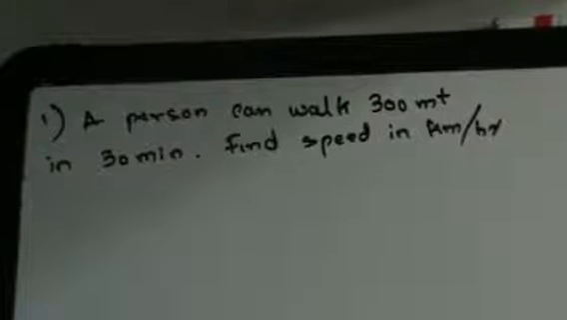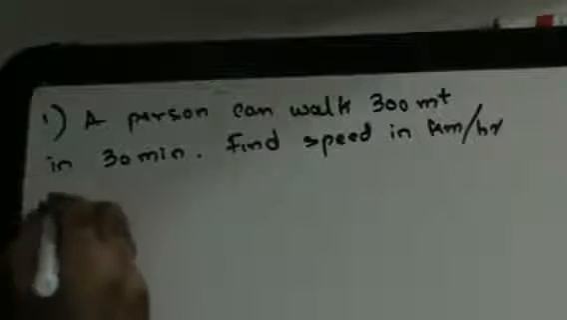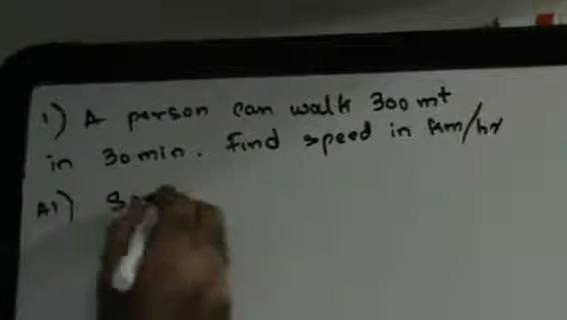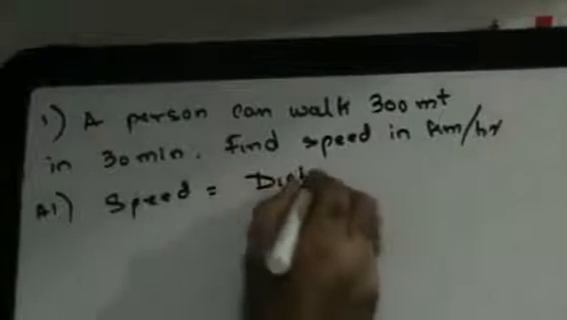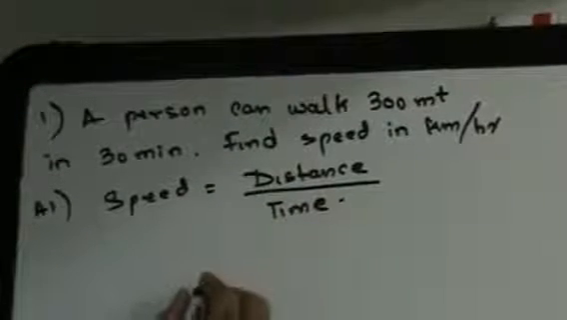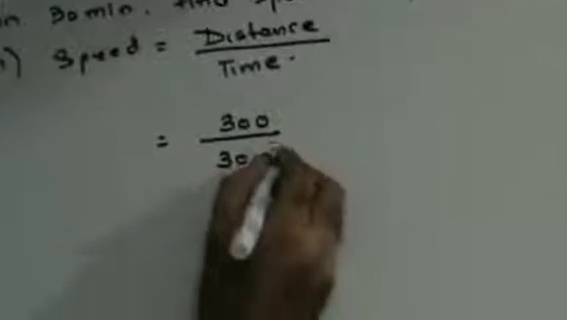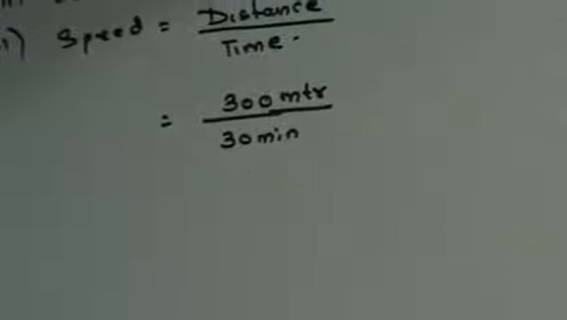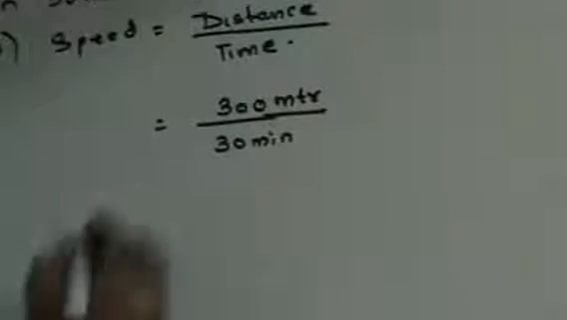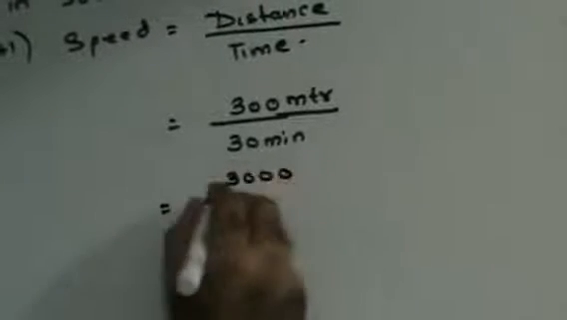Now guys, you're supposed to know the formula that speed is equal to distance upon time. Distance is given to you as 300 meters. Time is given to you as 30 minutes. But they have asked you the answer in kilometers per hour. So I want to convert from meters to kilometers. To convert from meters to kilometers, you divide by 1000. So this will be 300 upon 1000